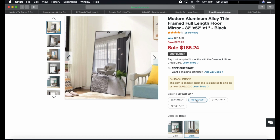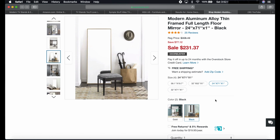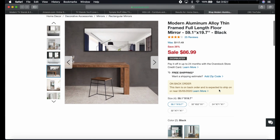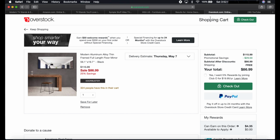This mirror is kind of cute. Not for no $185. We're gonna put that back. Item is on back order and expected to ship May 5th. I don't understand if this is... We don't know. Okay, I'm obviously doing the wrong thing right now. So... basically,